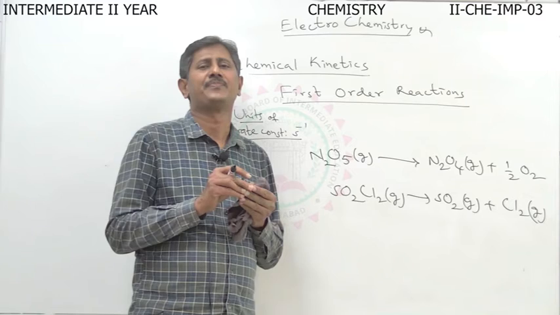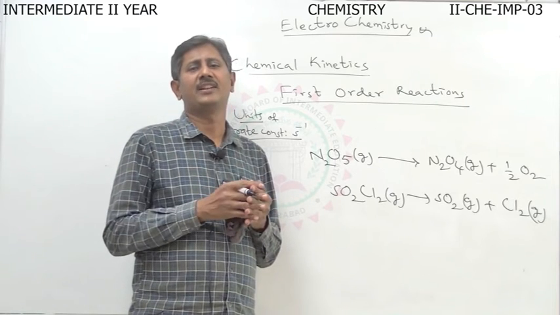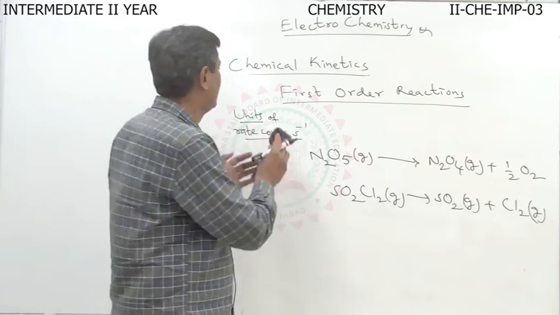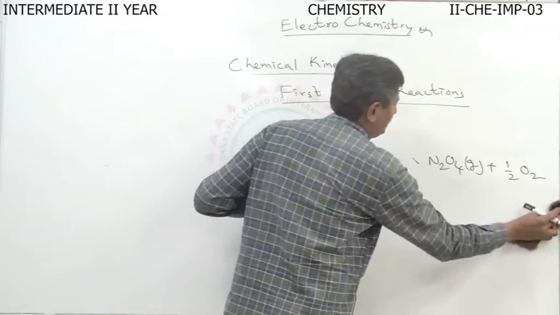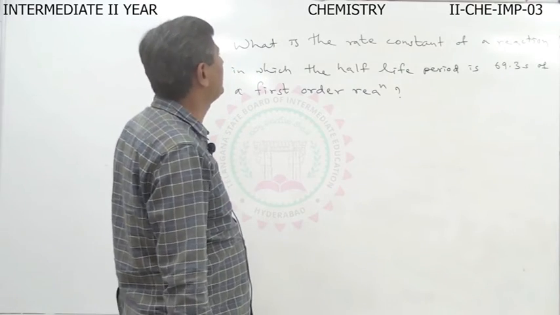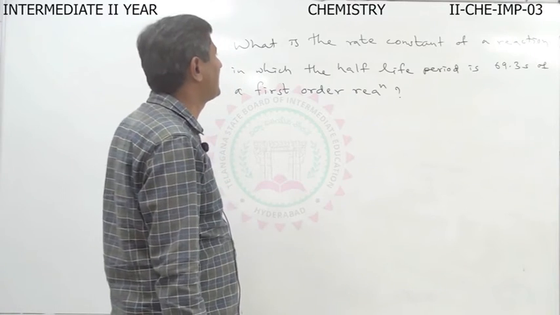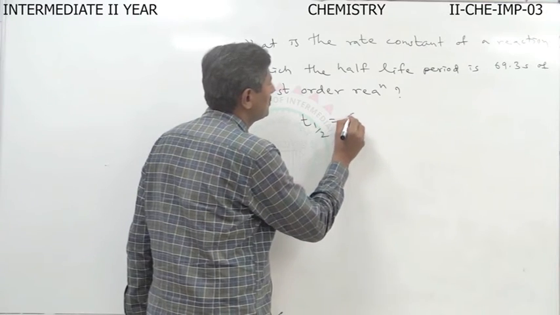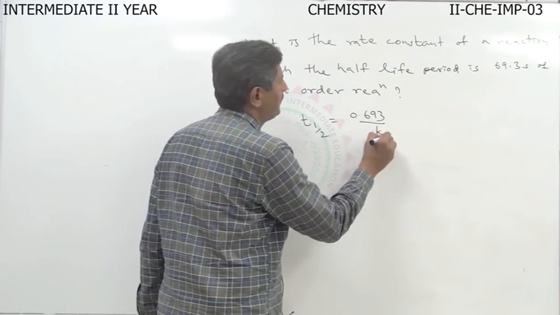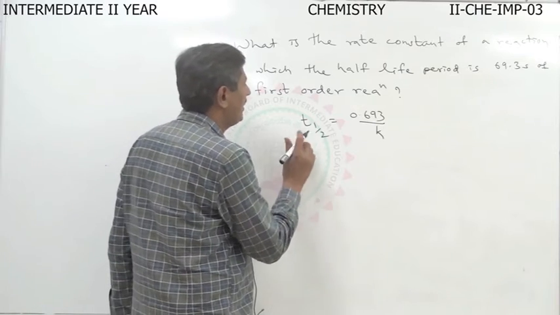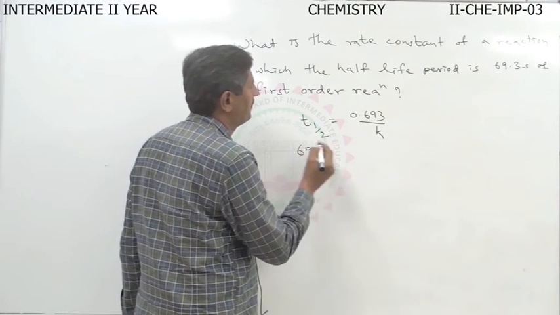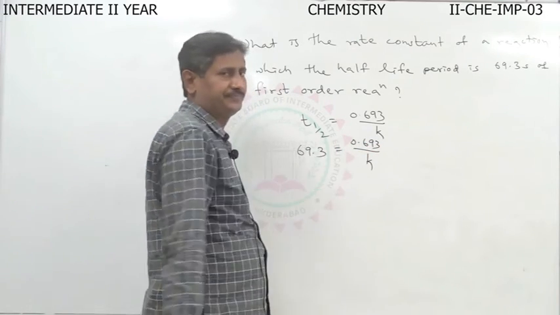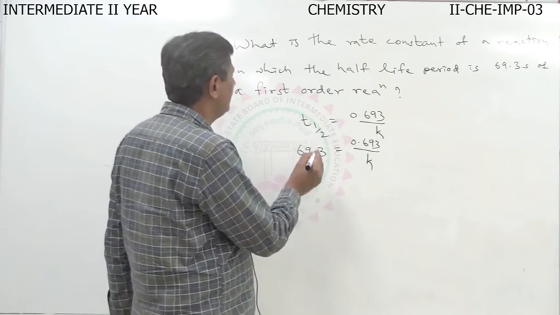But here, units of the rate constant of zero order and first order, and give the examples of zero order reaction. And they are giving some problems also. What is the rate constant of a first order reaction in which the half-life period is 69.3 seconds? So very simple here. We know very well t half is equal to 0.693 by k. Here t half is given as 69.3, equal to 0.693 by k. And here the k is given as